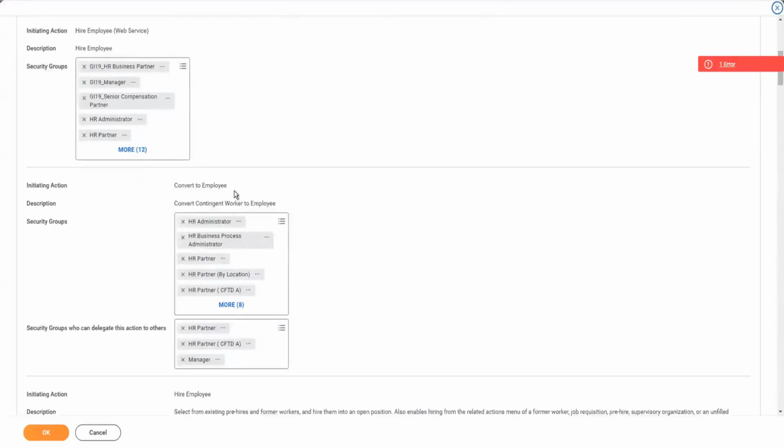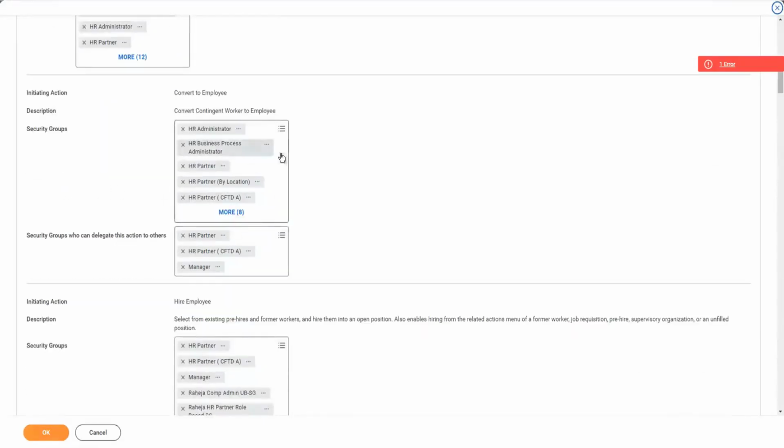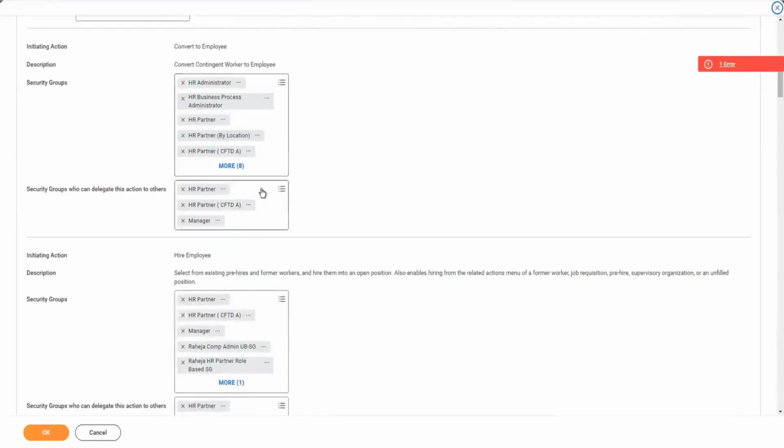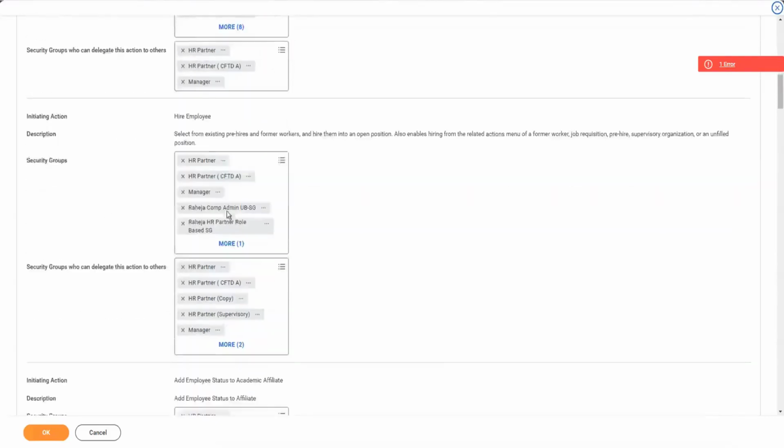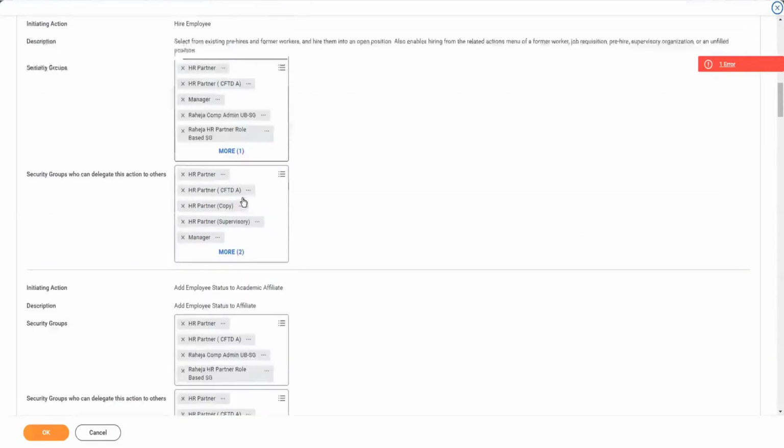Similarly, if you are doing initiating action of convert to employee, then who can convert? So whoever has access. Here mostly you will get the user-based roles, where an individual person is performing these roles. Initiating action of hire employees. Different categories. They are divided into student,